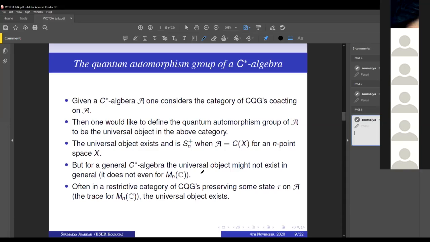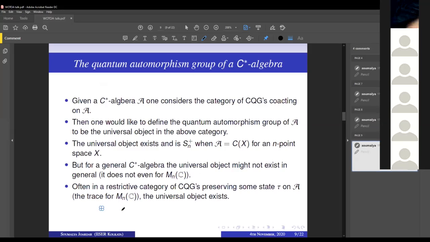So this is quite generic when one studies the quantum automorphism group of any C*-algebra. Often the universal object would fail to exist. In that case, one would restrict the category and choose a state on the C*-algebra and take the category of CQGs which not only coacts on that C*-algebra, but also preserves the state in some sense. What is the precise meaning of